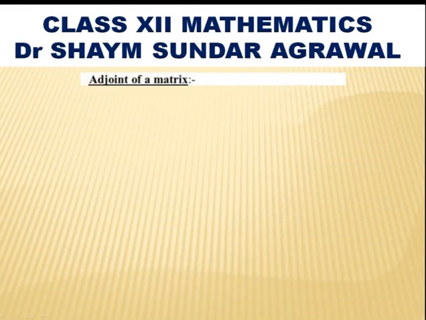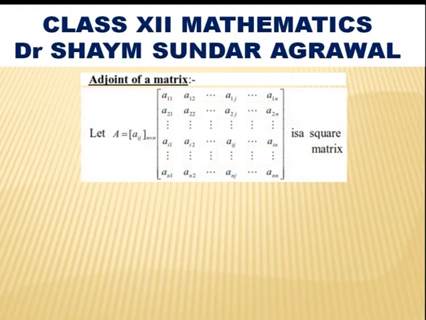How to find out the adjoint of a matrix? Let A_ij be a matrix of order n cross n, a square matrix with elements a11, a12 up to a1n, an1 up to ann. So it is an n cross n square matrix. Then the adjoint of a matrix is defined as